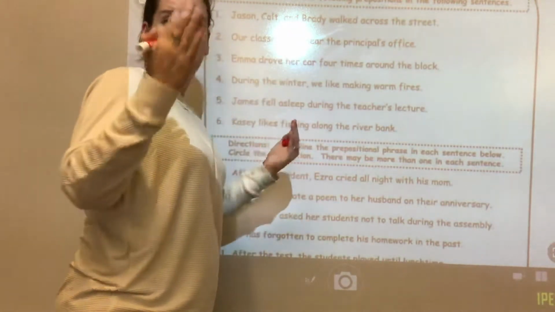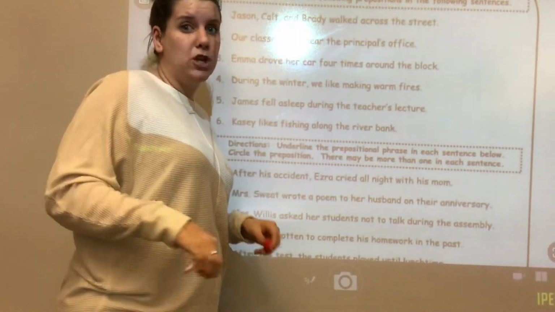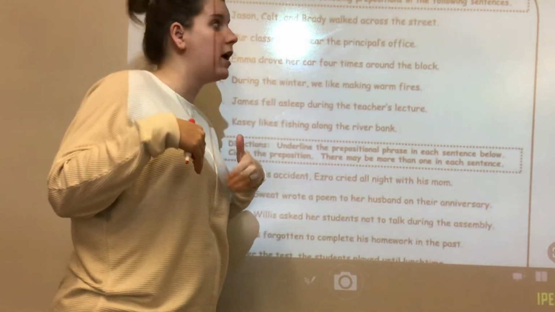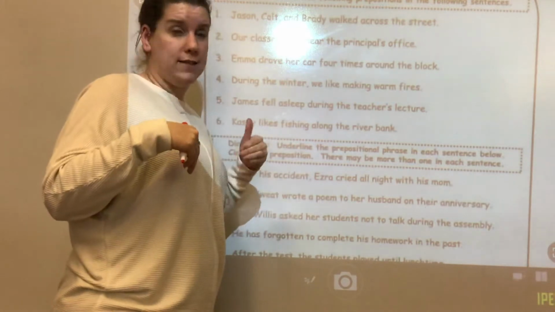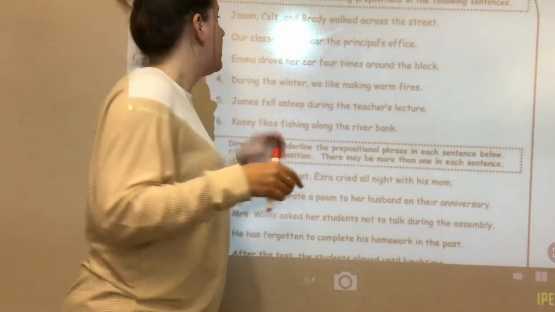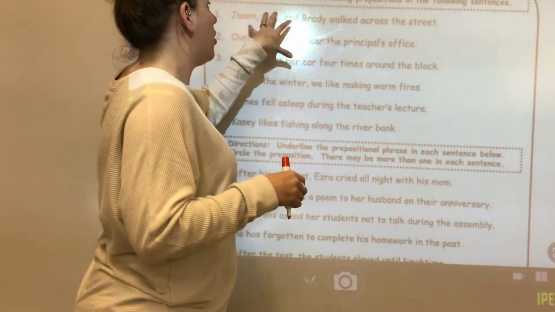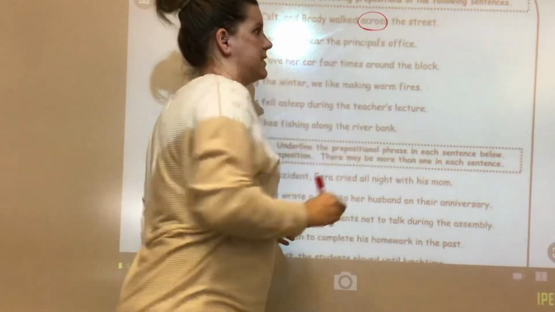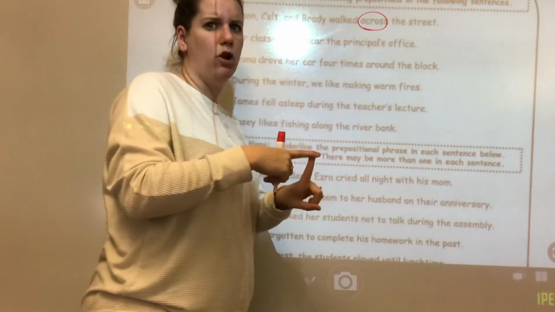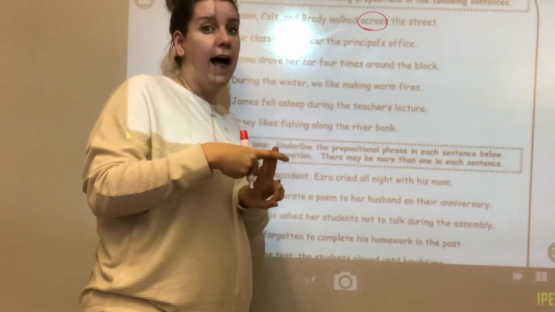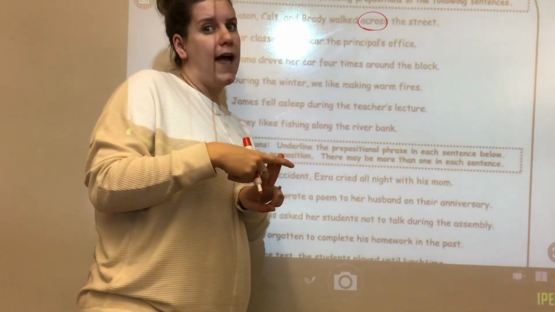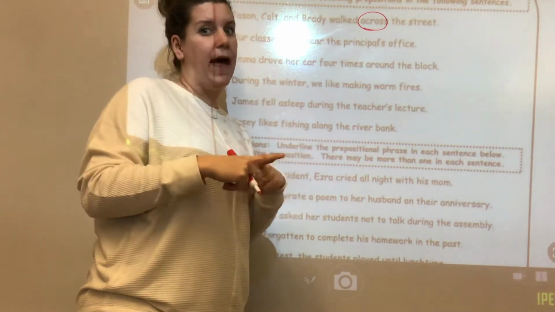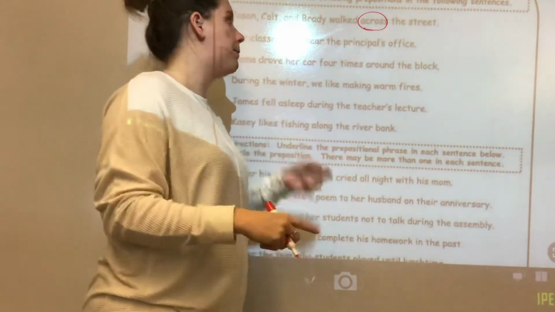And if I look at my interactive notebook sheet, that might help me with some preposition ideas in case I'm still a little unsure. I could see maybe the word across is on there. Now let me just double check. Does that make sense? Jason, Colt, and Brady, they're across the street. Yep, okay. Across is my preposition. So again, use that interactive notebook page. It's on Schoology. The slides for the PowerPoint that I have the video with are also on there, so you can screenshot that slide as well and keep that on your iPad if you need some extra help.